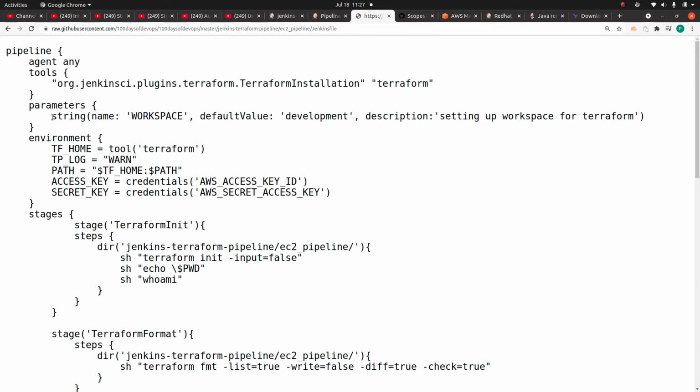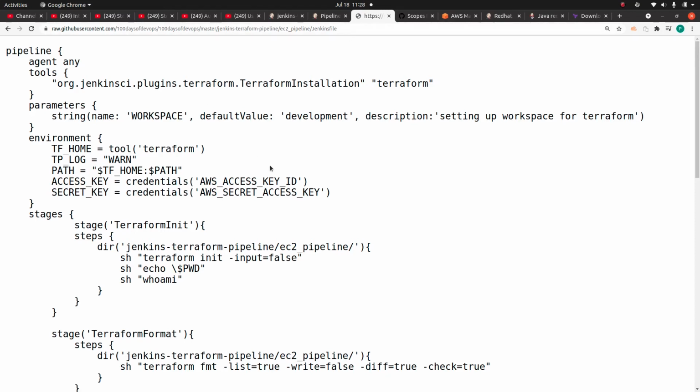The next thing is we are defining something called a workspace. In the simplest terms, a workspace gives you a different directory where you can store your TF state file, or Terraform state file. The Terraform state file is what Terraform refers to in order to see what exactly is the change between the current configuration and the desired configuration.